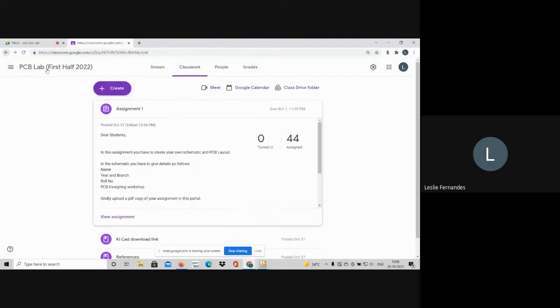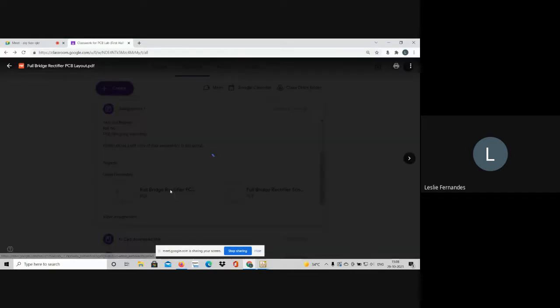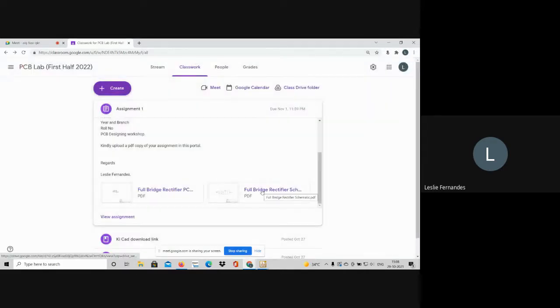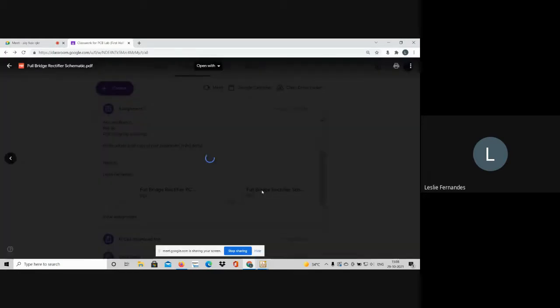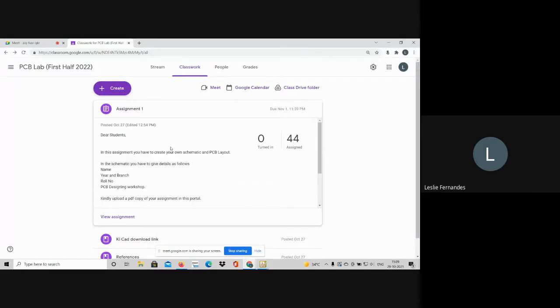And I have given you a copy of the files also over here. Okay, so your PCB layout, it should have your name and all these details over here. You have to submit this, and all of it should have your name on it. You have to do it yourself, and you have to put your name over there, roll number, and all the details. And even the schematic you have to complete, and you have to put your roll number, date, and all that. Okay, so this is the sample file. You have to create this sample file.